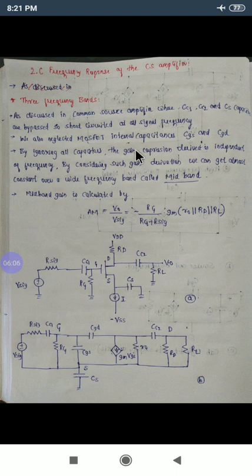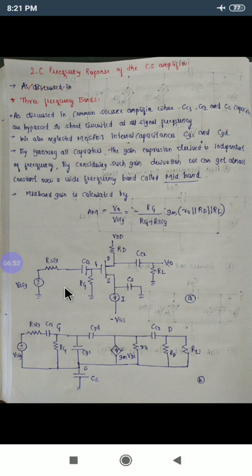Whenever we analyze a circuit, we convert it into its DC equivalent circuit, where all the capacitors are short circuited and the power supply is grounded. Previously, we derived many results for the common source amplifier where all the capacitors were neglected: CC1, CC2, meaning coupling capacitor 1 and coupling capacitor 2, and CS, the source capacitor. We even neglected the internal capacitances CGS and CGD. So by neglecting all the capacitance, we derived one gain formula.